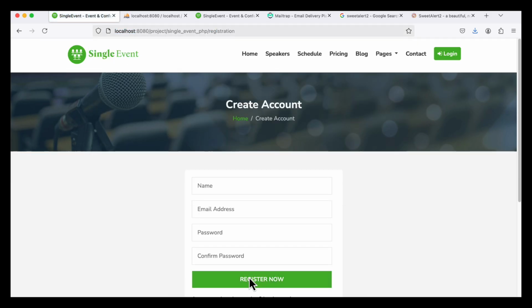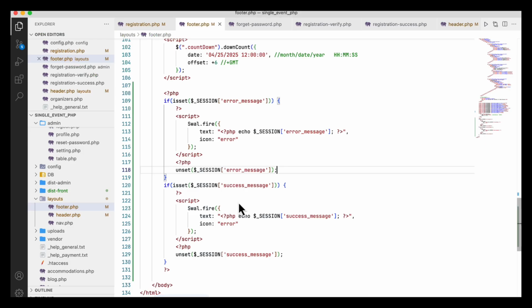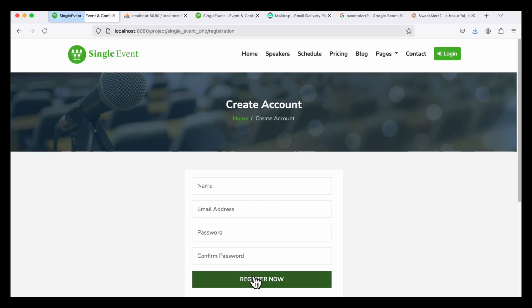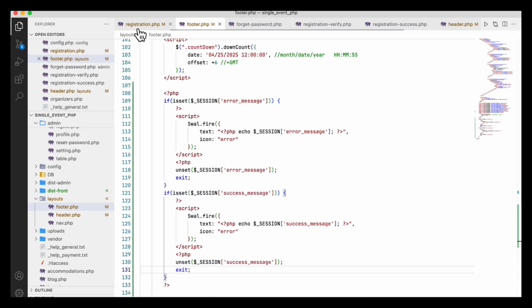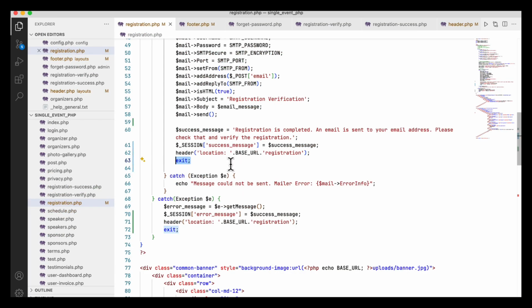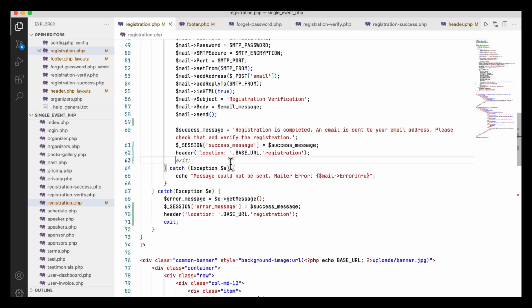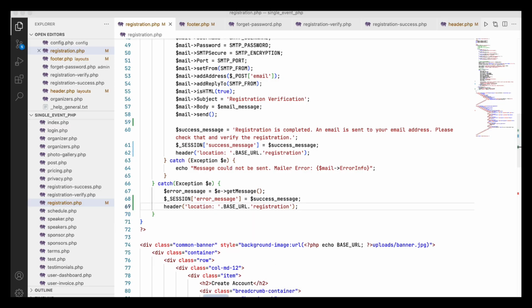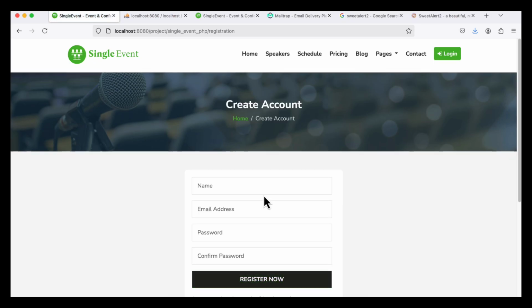So register, nothing happens. You see the session variable is working because when I reload it is okay. Here I give the exit. So now if I click here, I am going to pass the user to the top, not exit here. So now click on register. No,